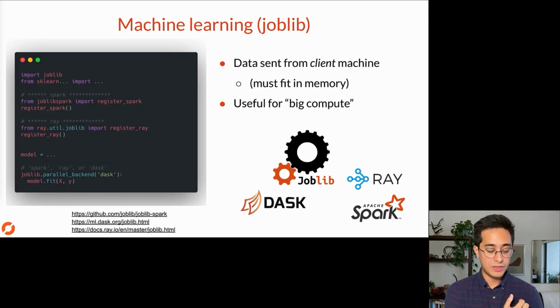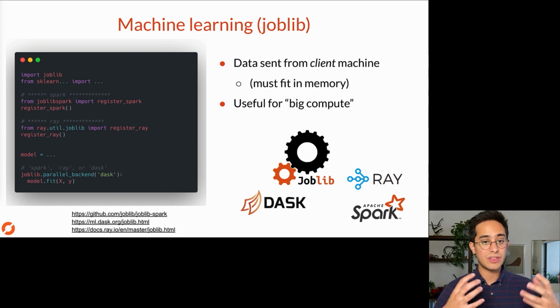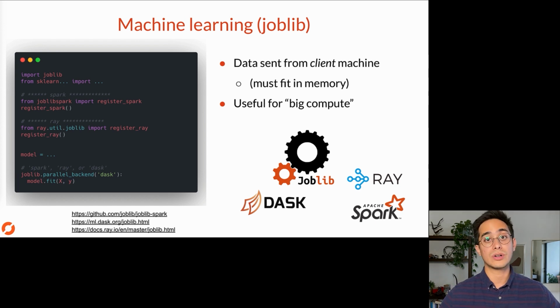One thing that you'll see is that all of these tools have a joblib backend. What this means is scikit-learn has an API that uses joblib for managing parallel training. So scikit-learn does parallel training through a grid search or random forest, but built in it's just on a single machine. It'll use all the cores in your machine. Dask, Ray, and Spark all have interfaces for a joblib backend, which will take that training and parallelize it across your cluster.